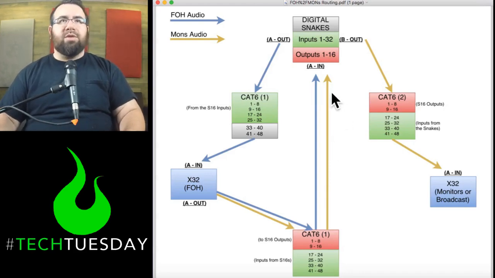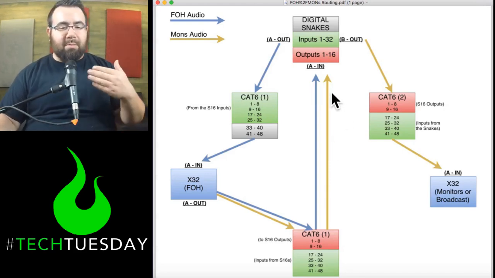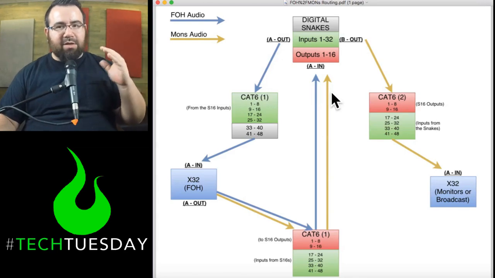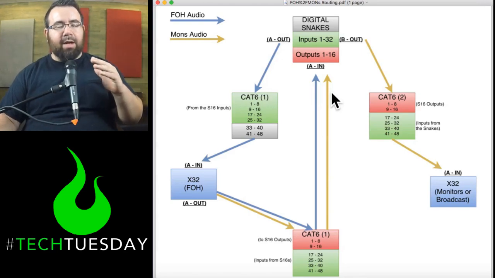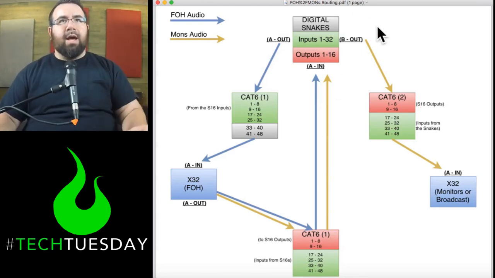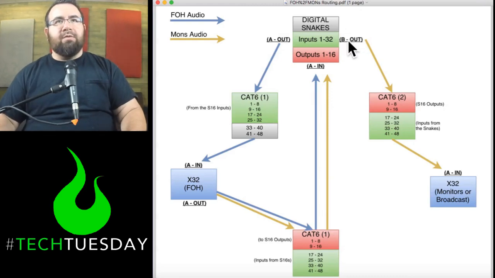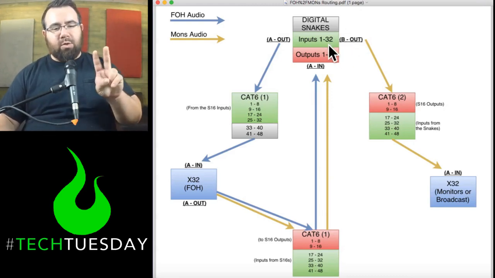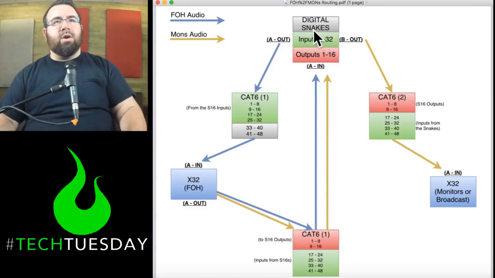So starting from our signal source, which is in this case a microphone, we're going to imagine this microphone here is plugged into channel 1. So on your digital snake, you've got 32 inputs because we've got 2 digital snakes that are paired up together. And then we're going to start going counterclockwise here, out of the snake